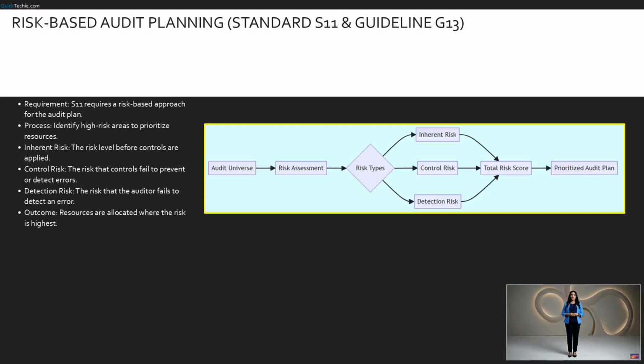Planning isn't just about scheduling, it's about risk. Standard S11 mandates a risk-based approach. We use Guideline G13 to help us identify areas with the highest risk exposure, so we can prioritize our limited